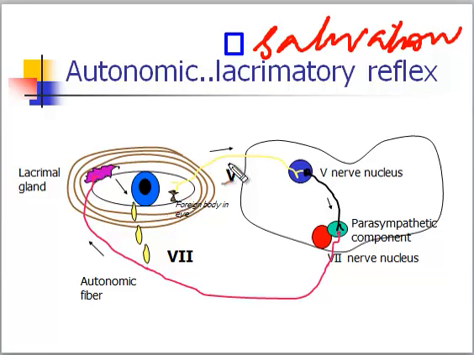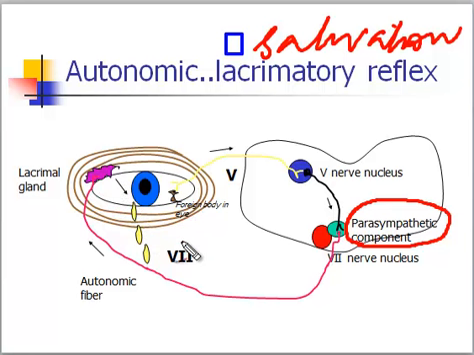The impulses pass by way of the fifth cranial nerve. From here, they go to the seventh cranial nerve, but this time they go to the parasympathetic component which goes with the seventh cranial nerve. So they go to that nucleus, and then the fibers travel in the seventh cranial nerve, and these are autonomic fibers. They go to the lacrimal gland, and the lacrimal gland begins to secrete, and the tears wash away the